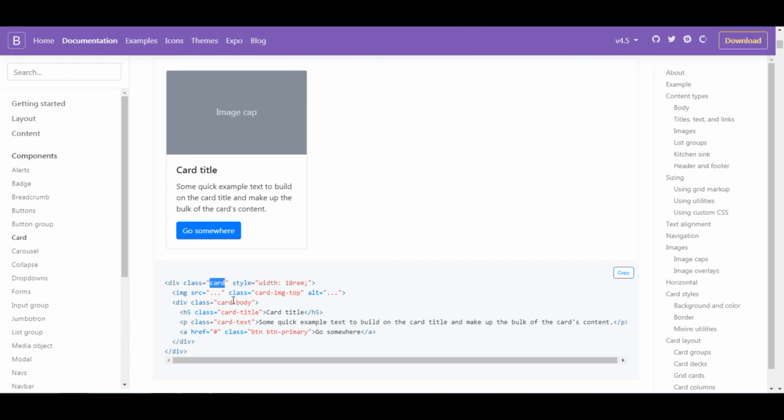We have three more classes: card body, card title, and card text. The card body encloses all the essentials. The image area is above the body, and we have the card title, which will be somewhat bolder, and another one is the card text.